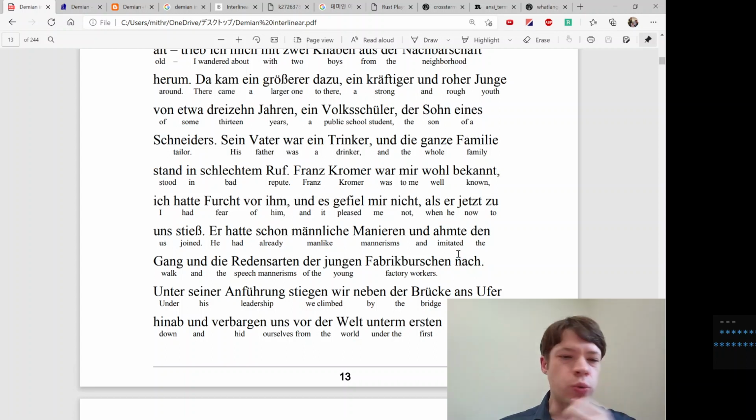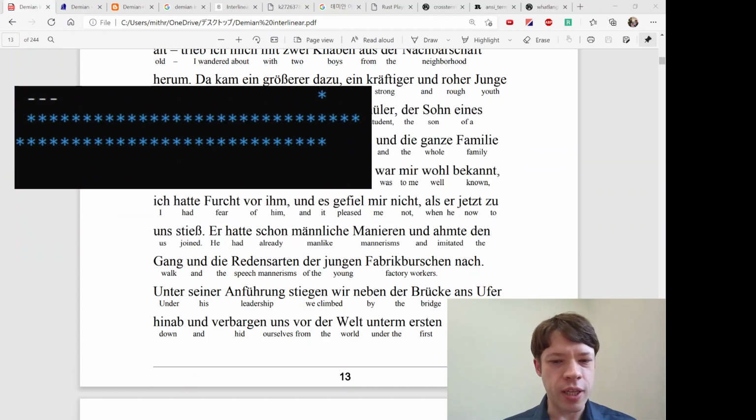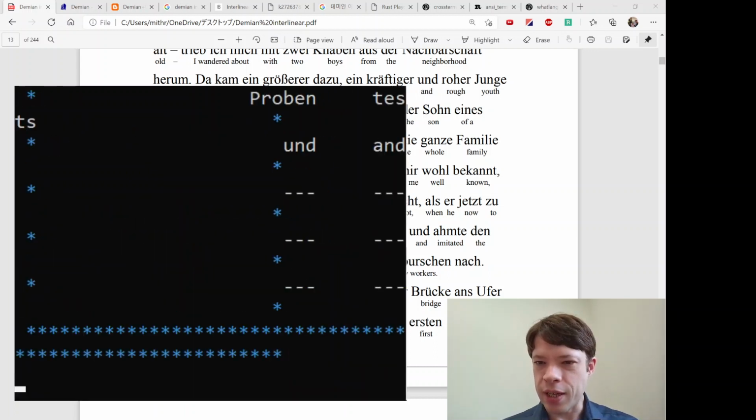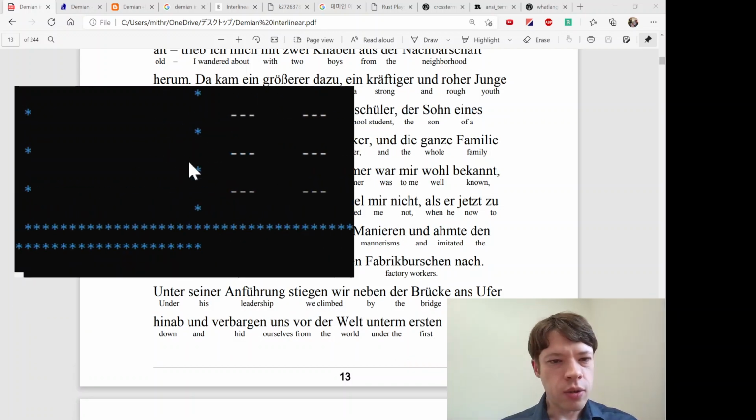So anyway, it's impossible to automate, and so the way to do it is to actually type the whole thing. So gang, bar, walk, und, type another bar, and so on. That's one way to do it, but I kind of got interested in making a tool to maybe automate it a little bit. And so that's why I came up with this, and that's also why it's only useful to me, probably, unless there's somebody out there that has an interlinear translation that they have published and would like to work on again.